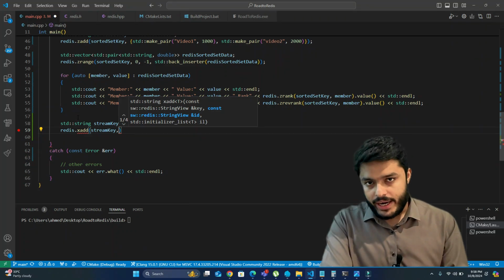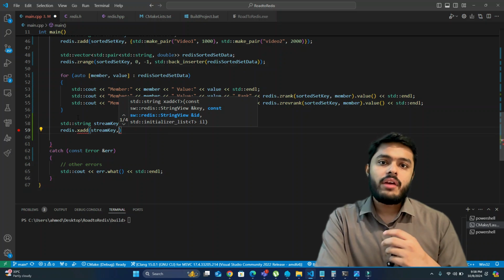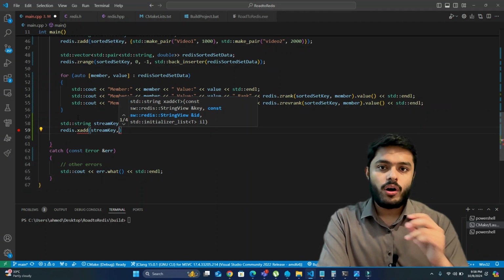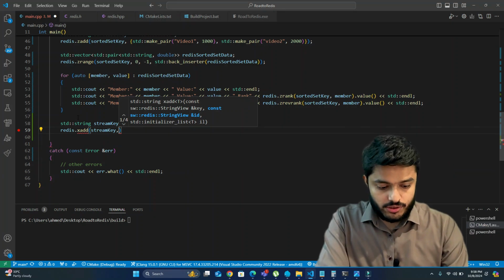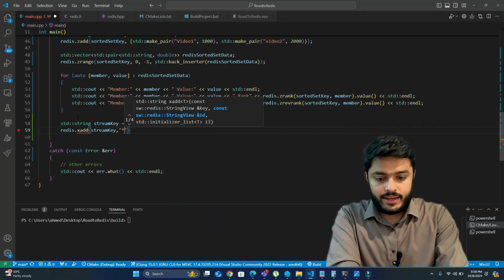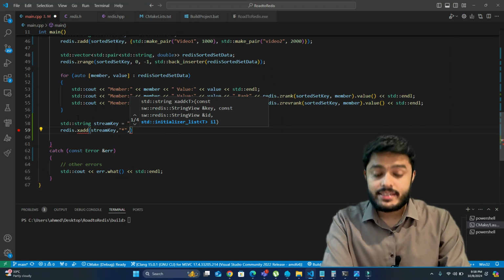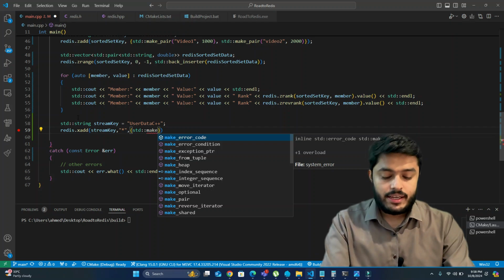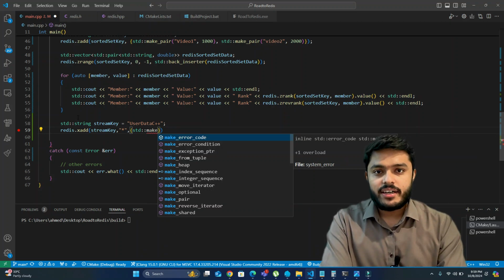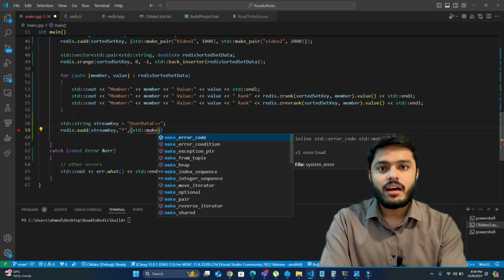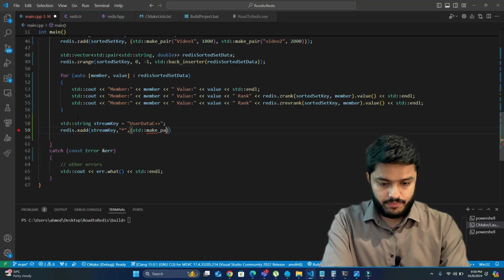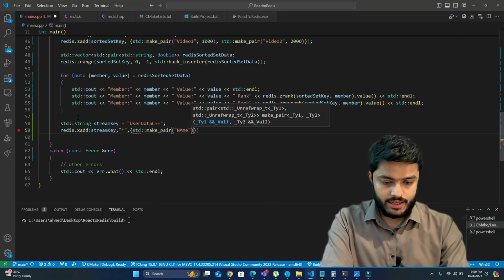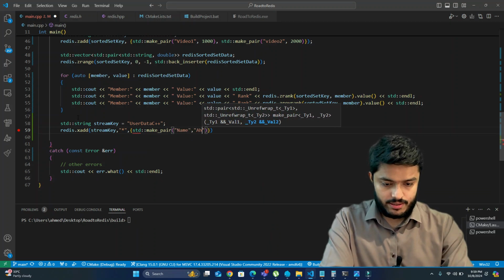Now let's pass this key into our xadd function, and as we know, it requires an ID. We can pass our own ID directly from our code, or if we don't want to pass the ID, we can just pass an asterisk, which generates the ID on its own in the Redis stream database. Then it requires data, which is an initializer list. So let's create a pair of strings, which is the actual data we will be inserting in our Redis stream. Let's say std::make_pair, with name and Ahmad,